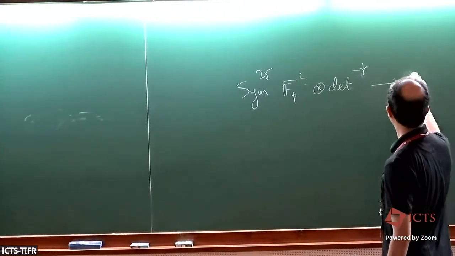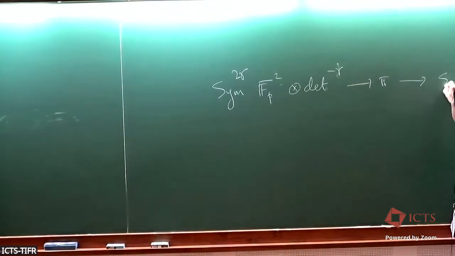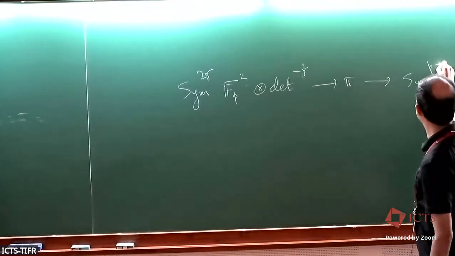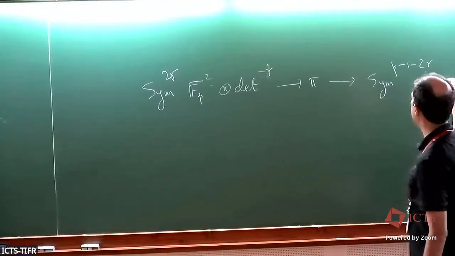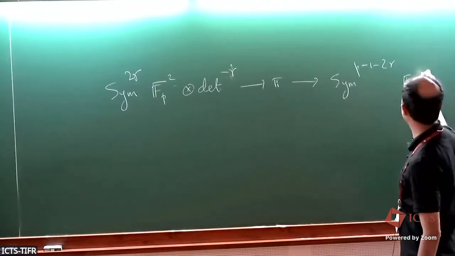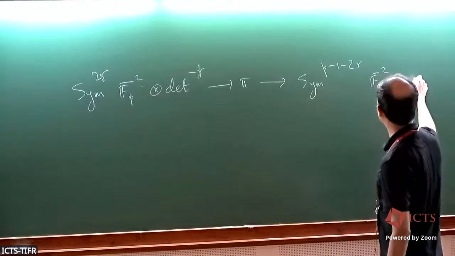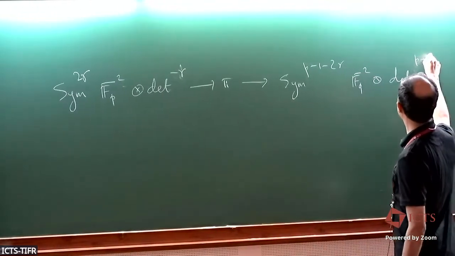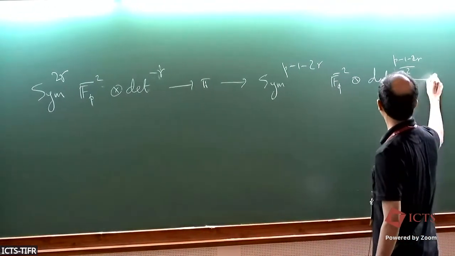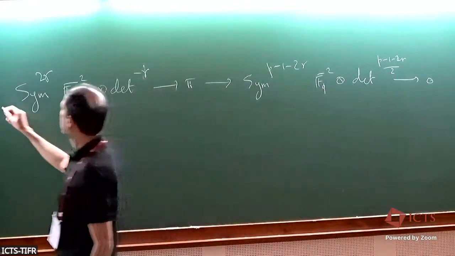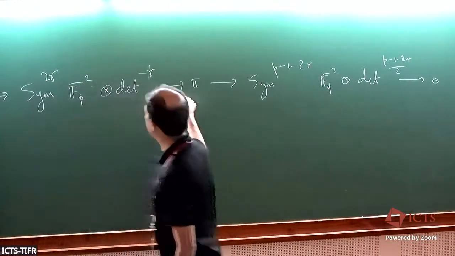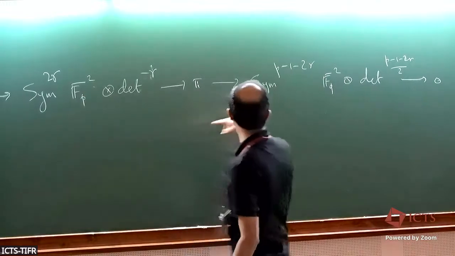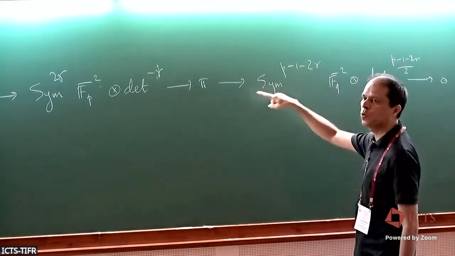And this sits inside pi, and then the quotient will be some sim p minus 1 minus 2R p bar square, the corresponding. So that p minus 1 minus 2R. So this is q plus 1, this is 2R plus 1, this is p minus 2R, so it will be